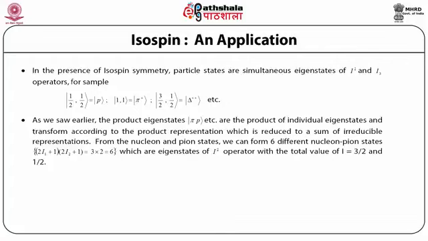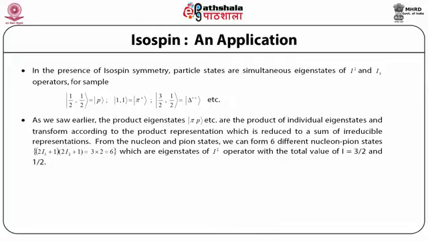For example, if the proton is defined by spin half as a state with half-half, where it means the isospin is half and the Z component of that is half. So the proton state, just like the state earlier in the angular momentum case, is designated as half-half. The corresponding neutron state will be half, minus half. Pi plus is 1, 1. Pi 0 will be 1, 0. Pi minus will be 1, minus 1. Delta plus plus is 3/2, 3/2, and so on.